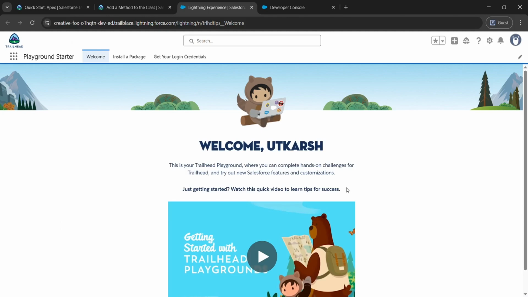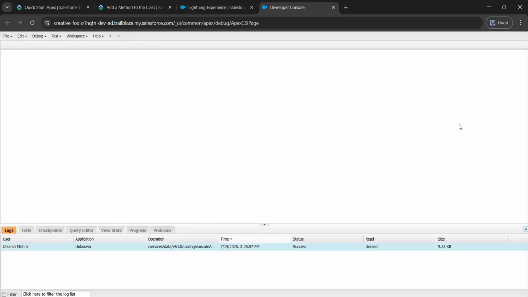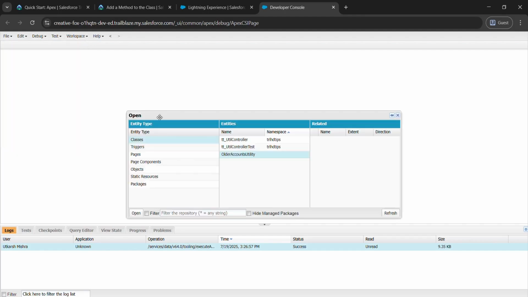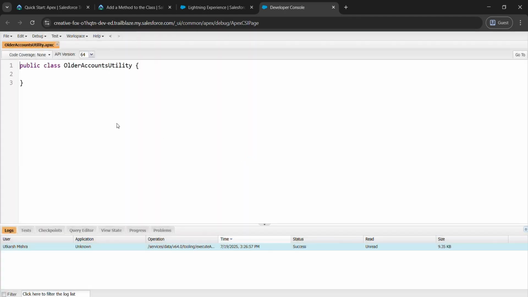After clicking the launch, we will be landing here. In the top right corner, there is a gear icon. Just click on it and go to the developer console. In the developer console, click on files, go to open, then double click on AccountsUtility and paste the code